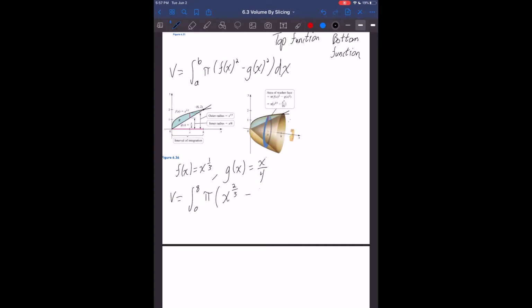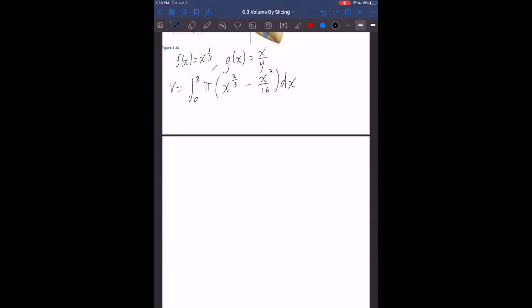When you take exponents of exponents, you always multiply, minus x squared over 16. Great, and this is something all of you should be able to take the integral of, right? It's just going to be exponents. So if we set this up, we're going to get that this is equal to pi, the integral of x